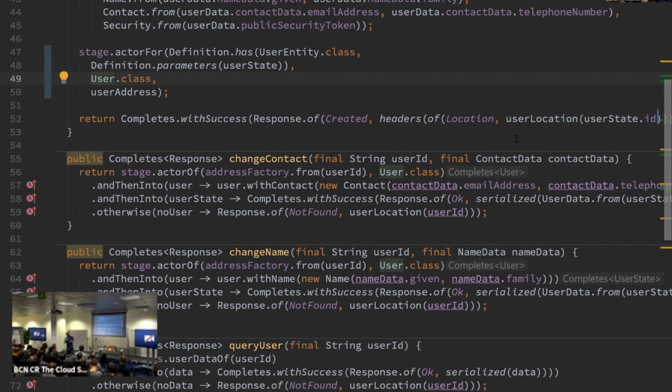We don't want to have this mismatch with Future, which is very well known in Java. So we have this concept of completes, something that completes in the future. So the actor says, when I give you the completes, then I call withName, which also returns a completes, something that will return in the future as well. And basically we say, okay, when it's committed and executed, then we return an actor for the response, or if the actor is not found, we say actor not found.